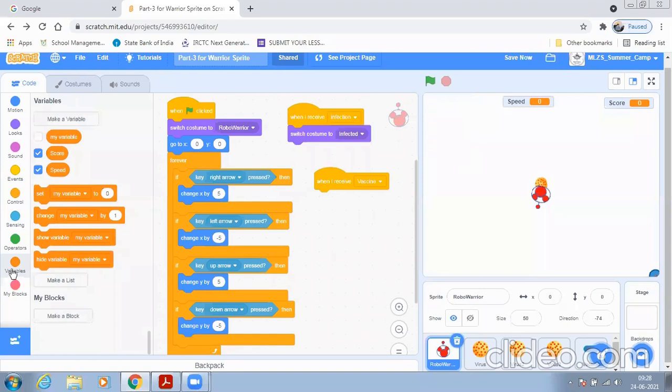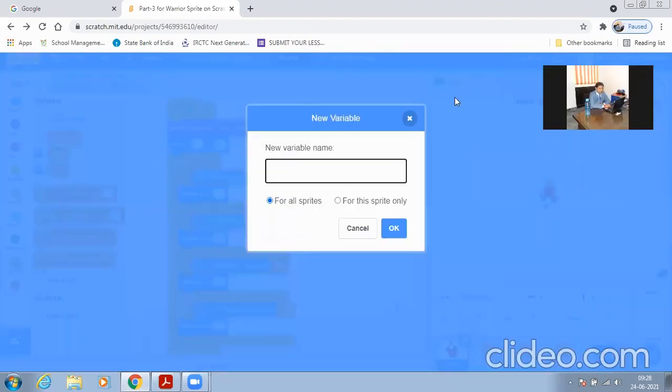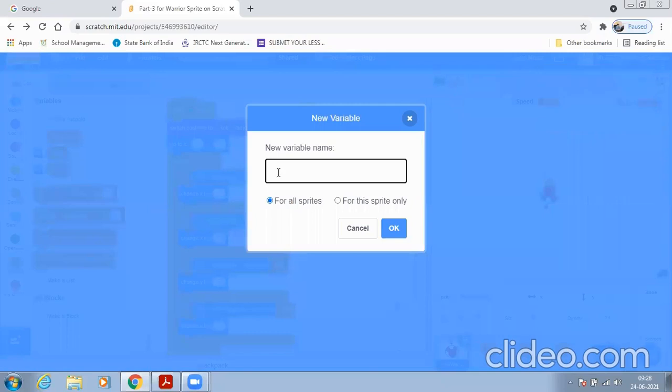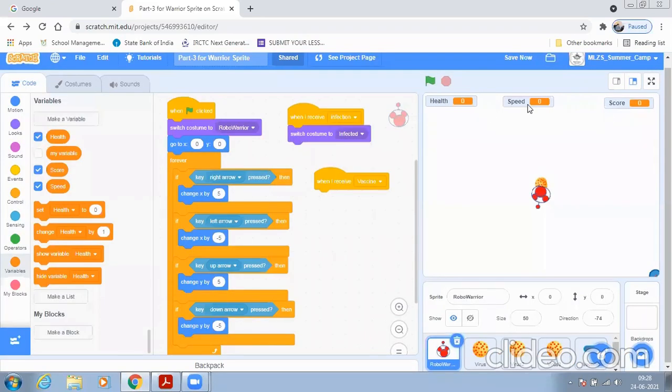Now again I should create the third variable, which is health. Now click on OK. Now three variables we have created here.